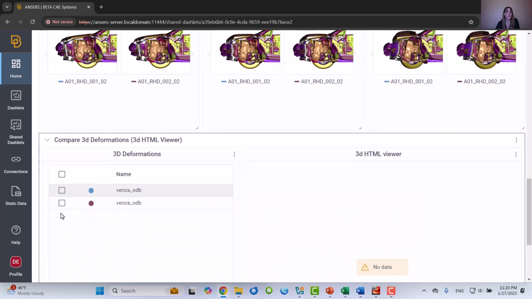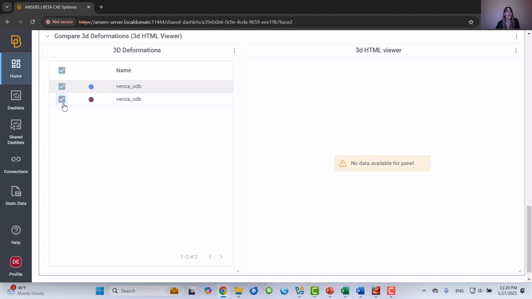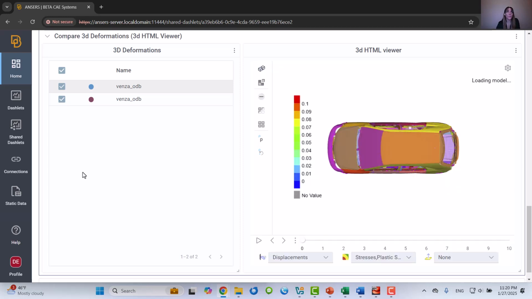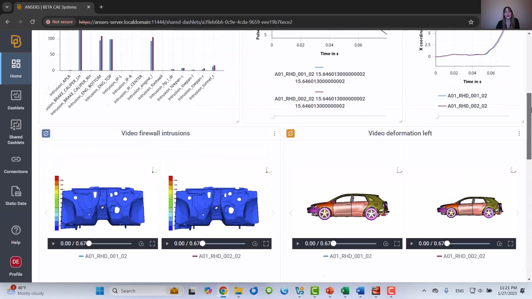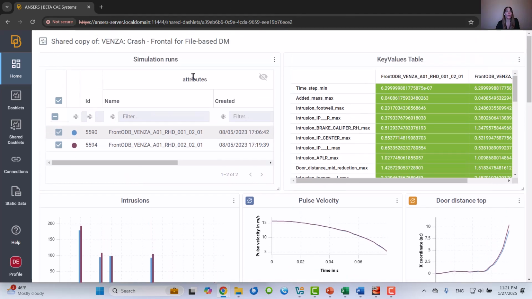And you can share the 3D models with others for sure, because Dashlet sharing works for 3D models as well. You can share it with your team or suppliers, even if they do not have access to this dataset or to this specific connection. And of course, the Dashlet, as you may notice, is not editable at the moment.